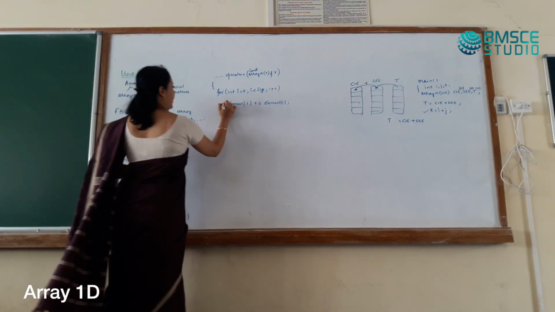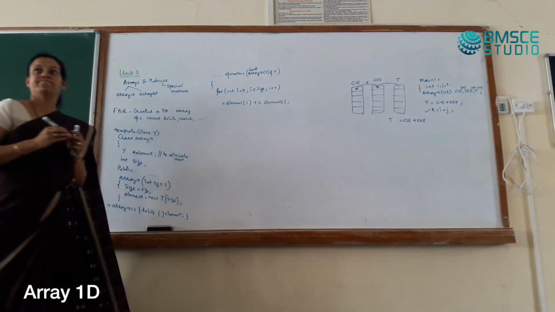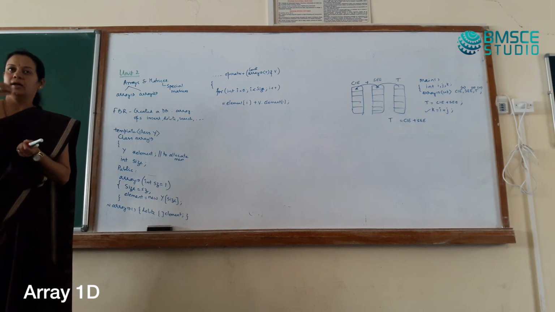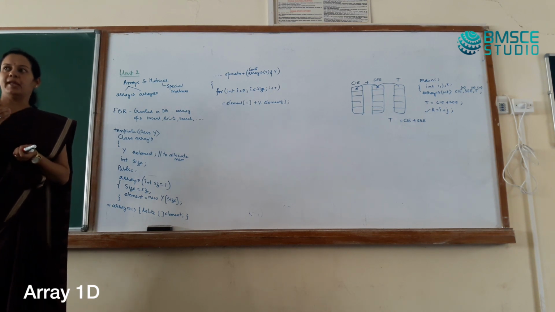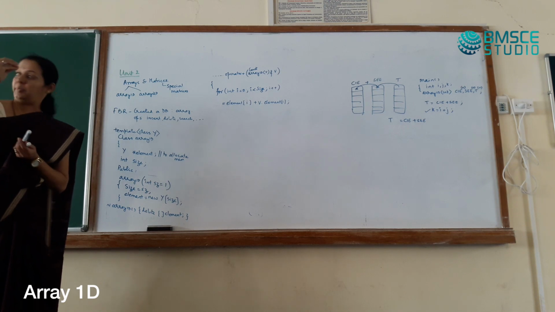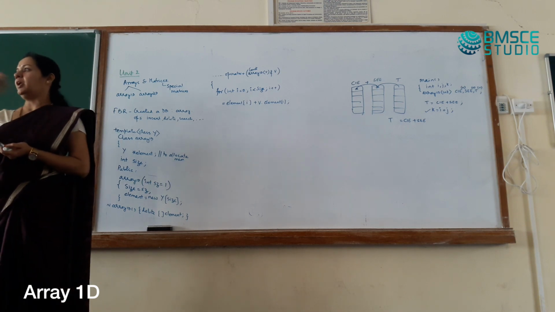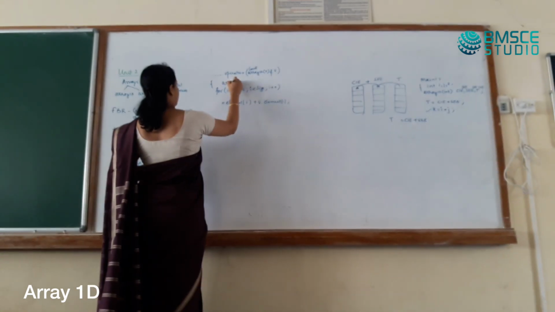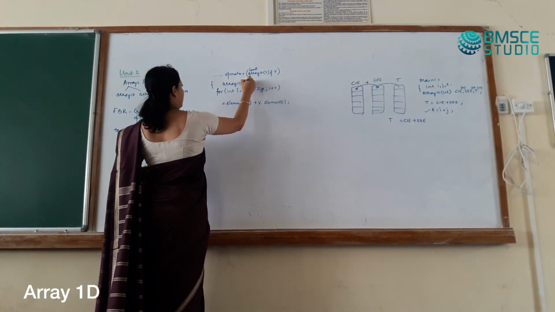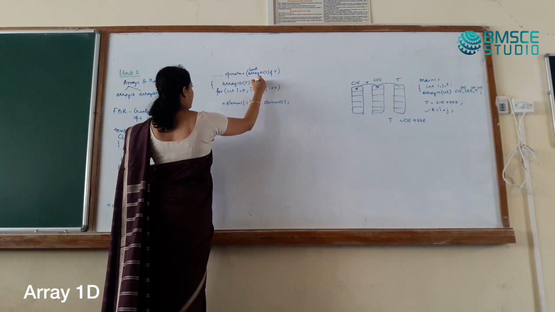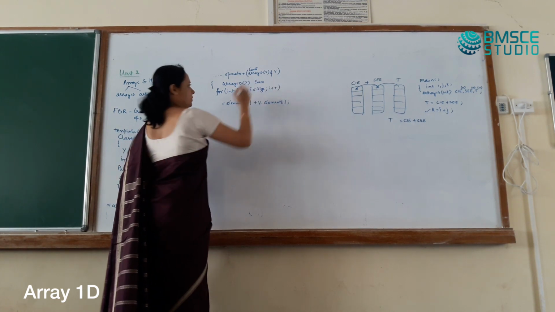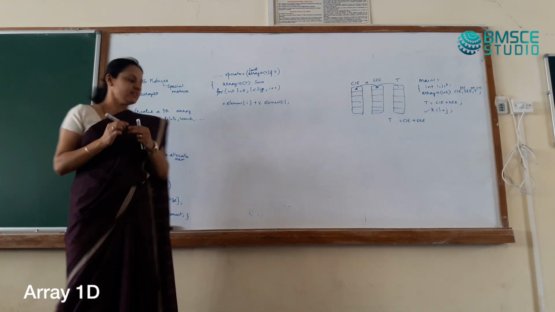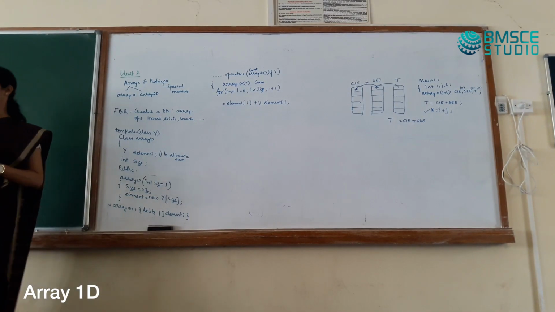Okay? Now where do I store the answer? You have to create another variable. I need to have another variable. What type of a variable should that be? It should be an object, not just an array. So of type Array 1D, y. I'll call it sum. If I say sum, then its size will be 1.